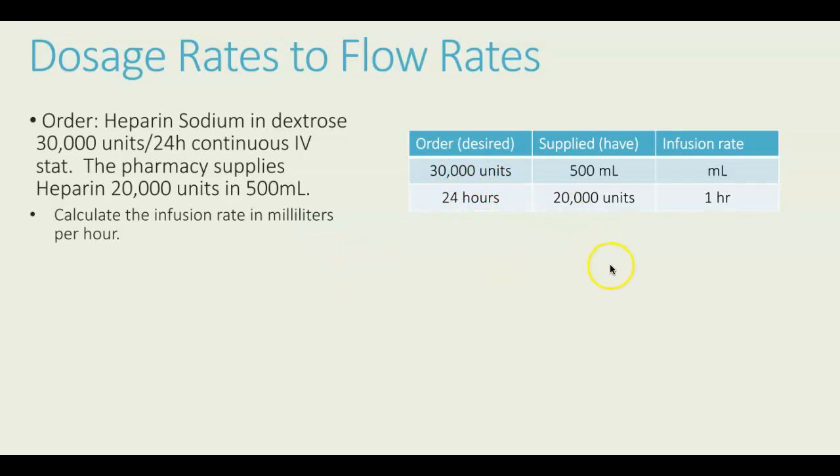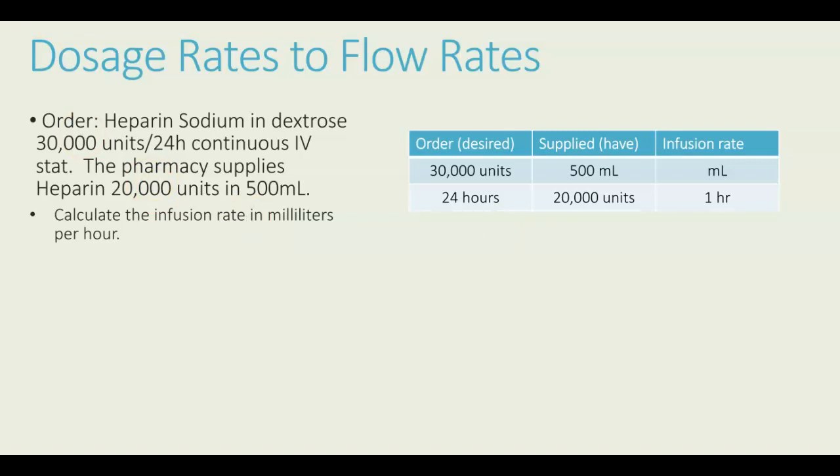It's supplied by pharmacy, 20,000 units and 500 mils. And I set that up where the units will be diagonal from each other, so those units will cancel out. And I am left with mils over hours. And then if you do the math, 30,000 times 500 divided by 24, divided by 20,000, your answer would be